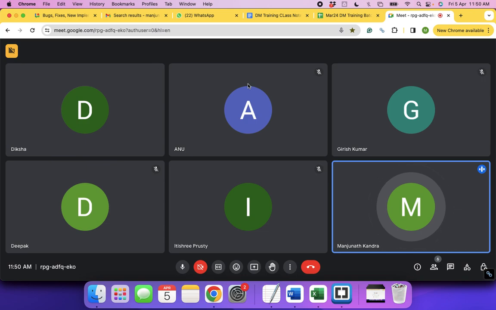Okay. And one more thing, everybody. Next week I'll be traveling. Traveling in the sense I'll actually be at my hometown. So we can have online classes. Whoever is coming offline has to join online next week. I think Tuesday is a festival, right? Due to the festival, Tuesday, I think it's a festival, and due to the festival,